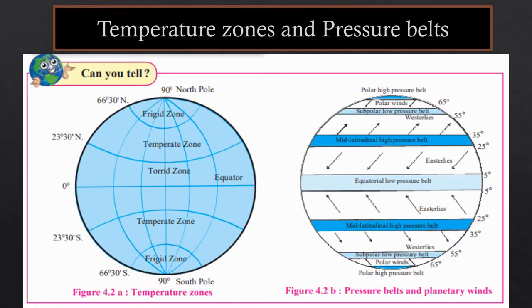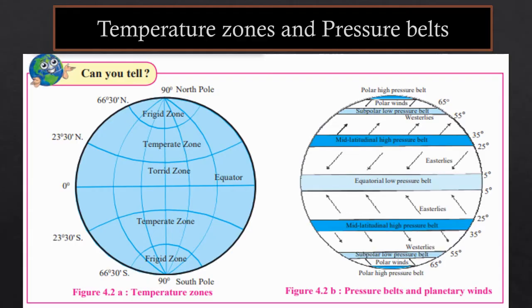In figure 4.2b, we can see pressure belts, which are influenced by the uneven distribution of temperature. The uneven distribution of temperature also leads to the formation of low and high pressure belts horizontally between the equator and the poles. There are 7 pressure belts: